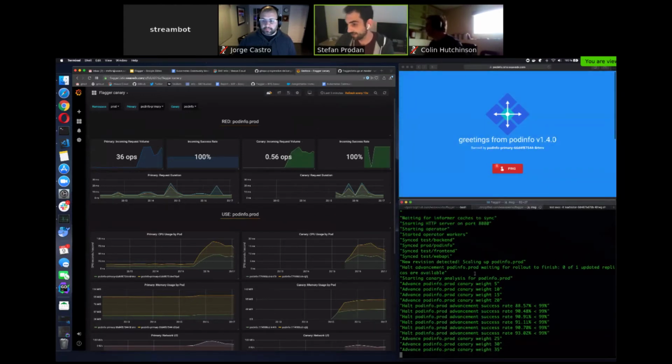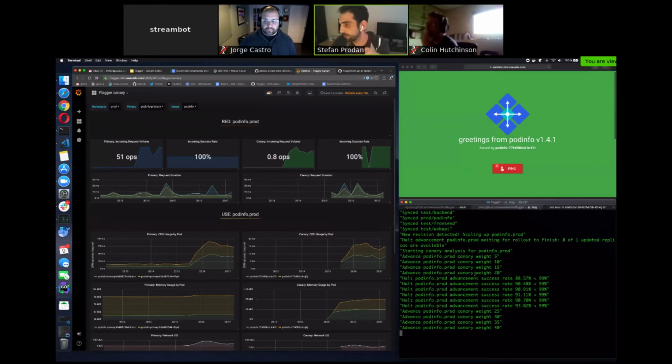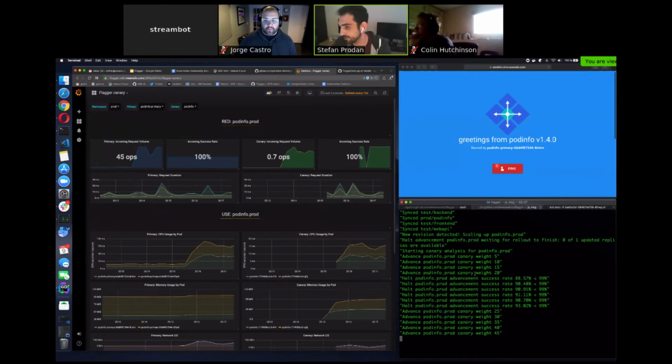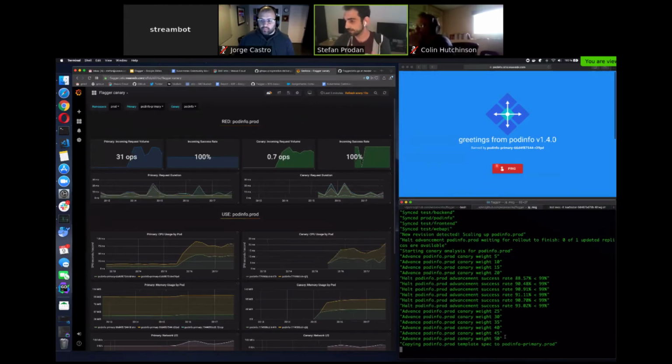And when it reaches 50%, all this stuff you can set up in the canary. You can decide for how long you want to do the canary analysis, what the thresholds are, and all this stuff is configurable. I've set the canary now to a 10-second interval, so I can demo it faster, but in a production environment, you'll probably want, I don't know, a couple of minutes, so you have enough data in Prometheus to make the right decisions. Okay, now it hit the maximum threshold, which is set to 50% traffic.